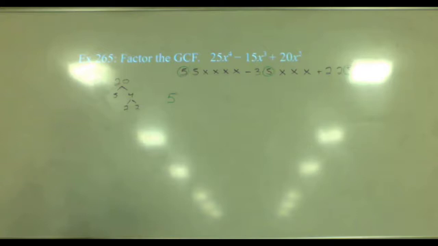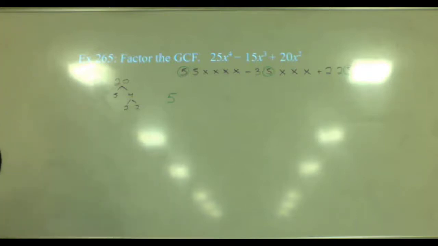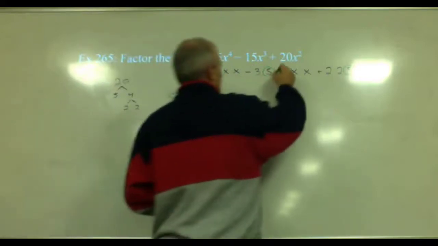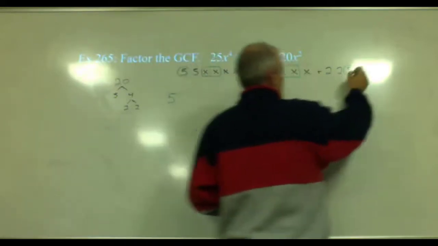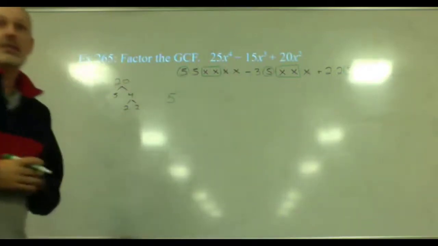Okay? Now let's look at the x's. They all have some x's, right? But how many x's does every one of them actually have? They all have at least 2, right? So what we're going to do is we're going to say, okay, this one has 2, and this one has at least 2, and this one has at least 2. You can't say 1? You could say 1, but